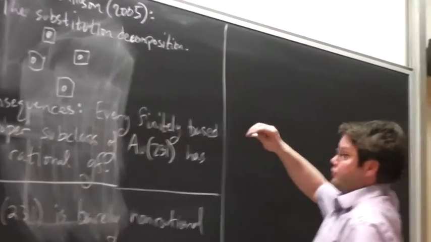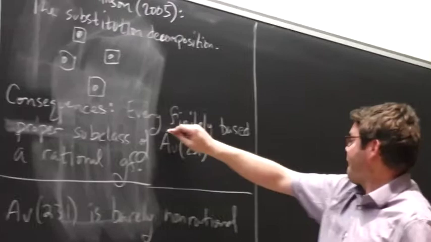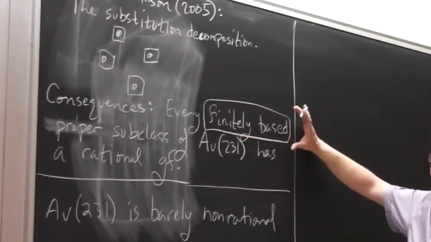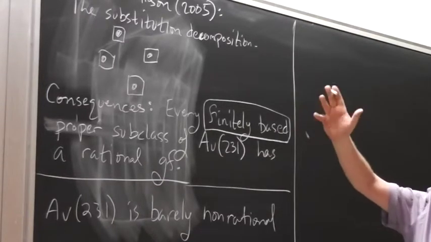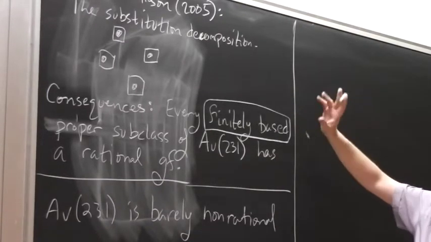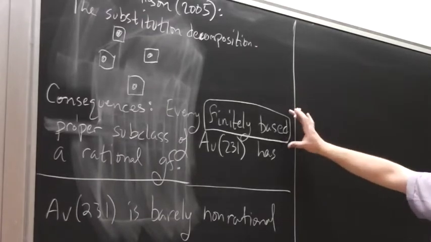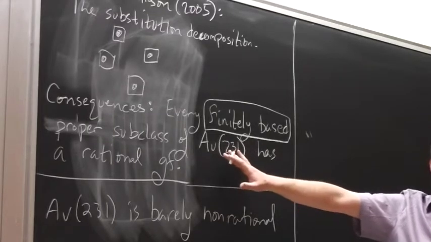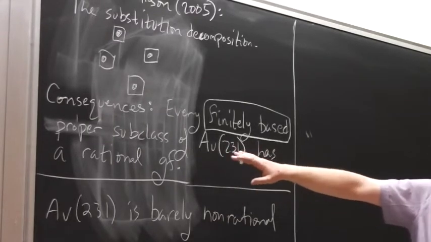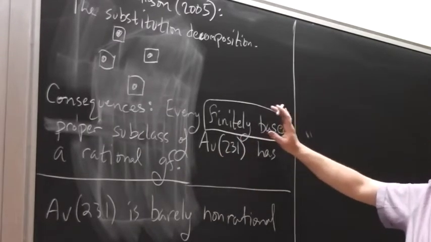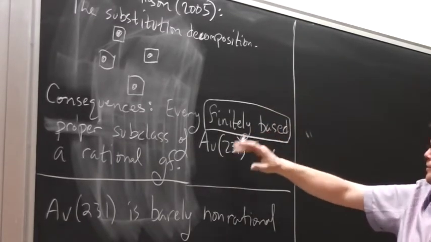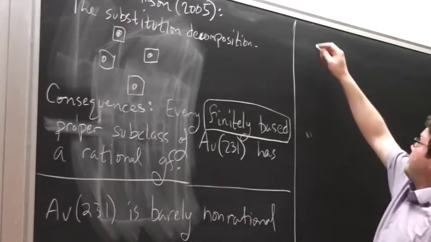Okay, and they made a conjecture. Oh, and I should say, I want to add this finitely based hypothesis because otherwise you might try and play around with these infinite antichains and create something that isn't even holonomic. Now in this case you don't need this because there is no infinite antichain in here. This class doesn't have one, so every proper subclass is going to be finitely based because you're going to have finitely many minimal permutations in that class. But they made this conjecture